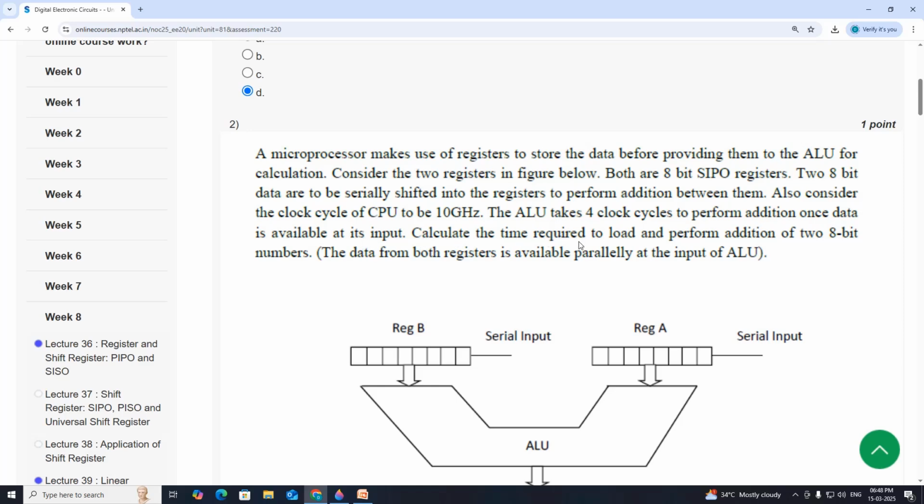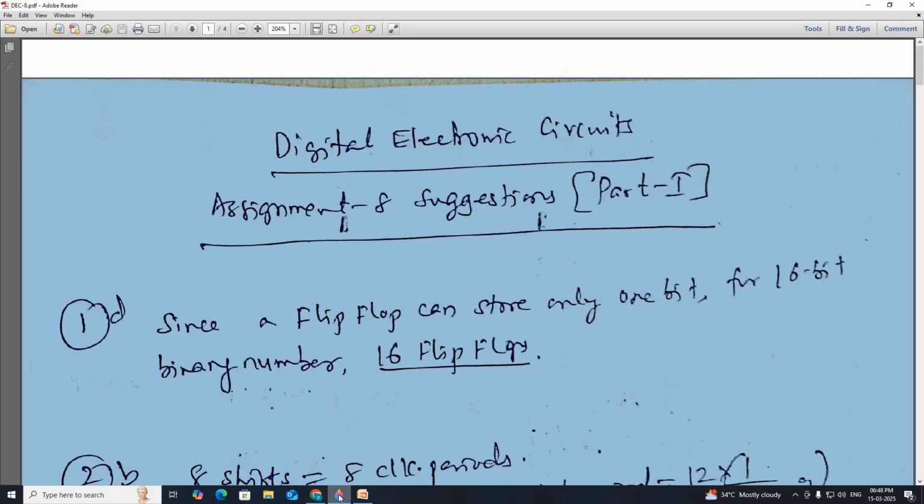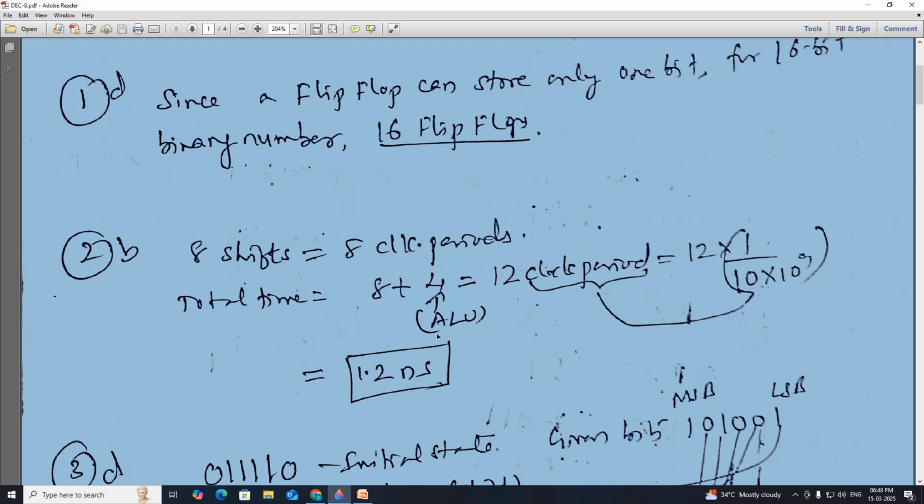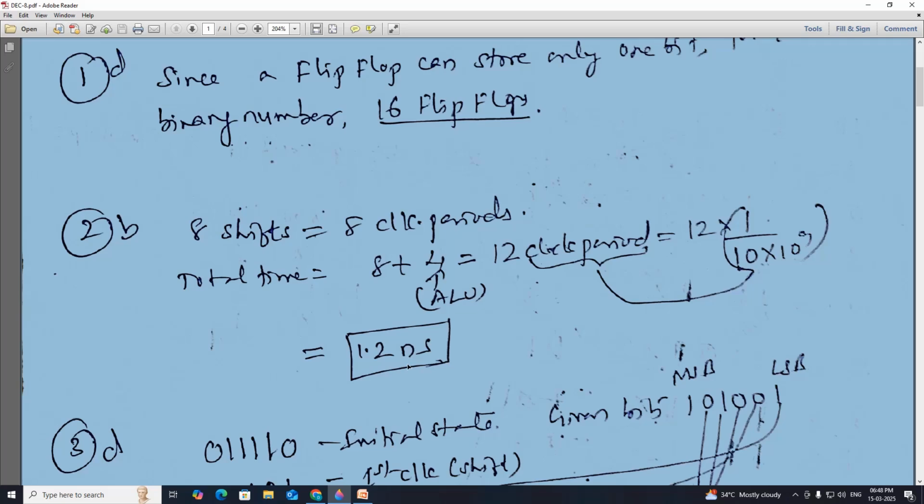Calculate the time required to load and perform addition of two 8-bit numbers. For an 8-bit register, 8 shifts are required, 8 clock periods. Total time required is 8 plus 4, 4 for the ALU, so 12 clock periods. One clock period is equal to 1 divided by 10 into 10 power 9, which is equal to 0.1 nanoseconds. So this is given, 10 gigahertz is given. So the option is